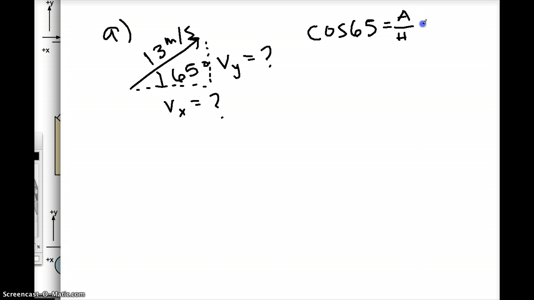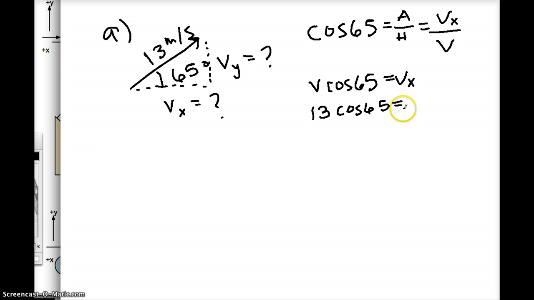Cosine of 65 is adjacent over the hypotenuse, which is what's given, and I'll write it out as just a variable, v. So rearranging this, v cosine 65 is equal to vx, which is what we're looking for. V, of course, is 13, so the x component of velocity is just 13 times the cosine of 65. And this equals